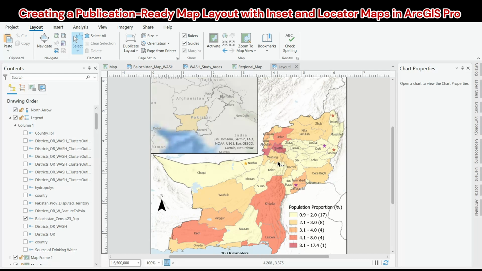There are a lot of things in the map layout. If you have the same map you want to use multiple times, how you want to keep it the same, because usually the alignment is an issue. There are so many things which I think we'll discuss with you guys